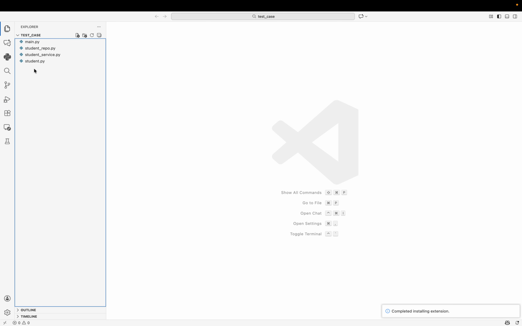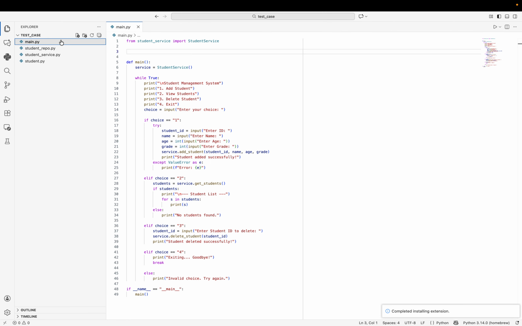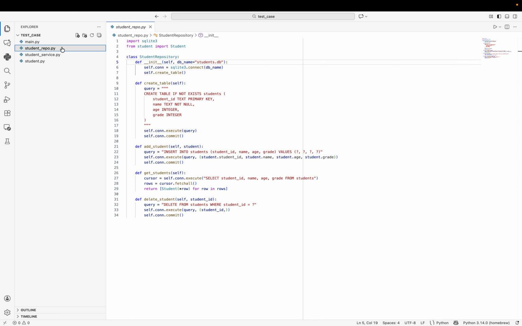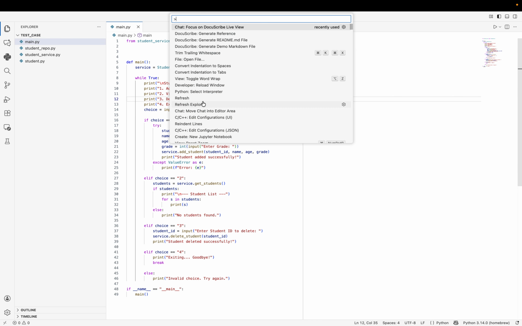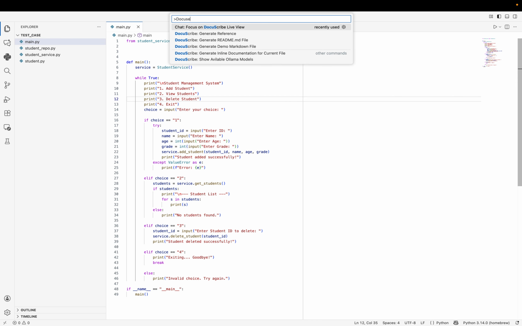Now, if I go to the folder, I have this use case, this example of some source code. As a developer, I will probably get into projects that I have no idea about. There is no documentation. Like right now, there is no README file. Our extension can generate README files on the fly based on the current workspace. So, DocuScribe: generate README